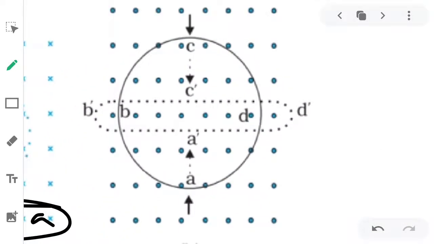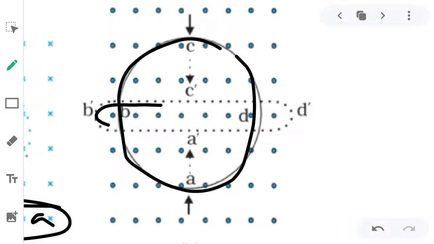In this one, they have taken a dot field. Dot field means the flux is outward from the board. Which means above the board, on this plane, the south pole of the field is here. Now what they are doing is changing the circular loop to an oval shape, which means some irregular shape. You know a circle has the maximum area. Obviously the second shape will have less area, which means the area is decreasing.